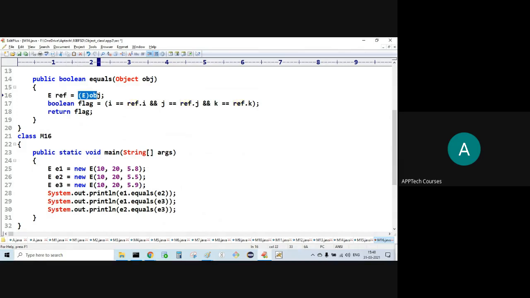Wherever I need this statement, there I can use just ref. Simple. I don't need to downcast every time here. Simply I'm storing inside ref.